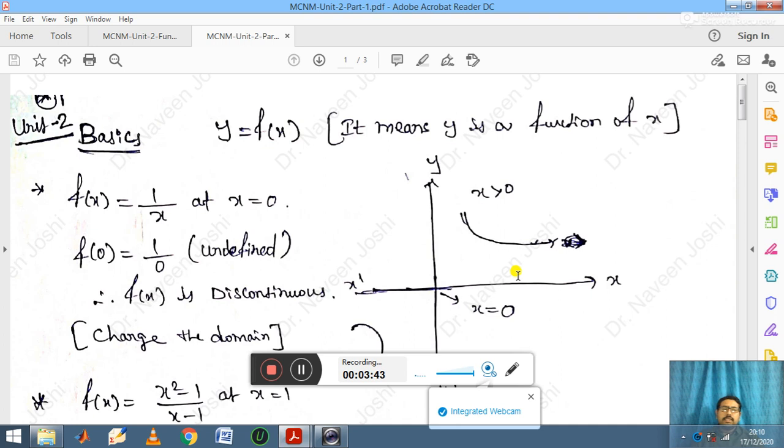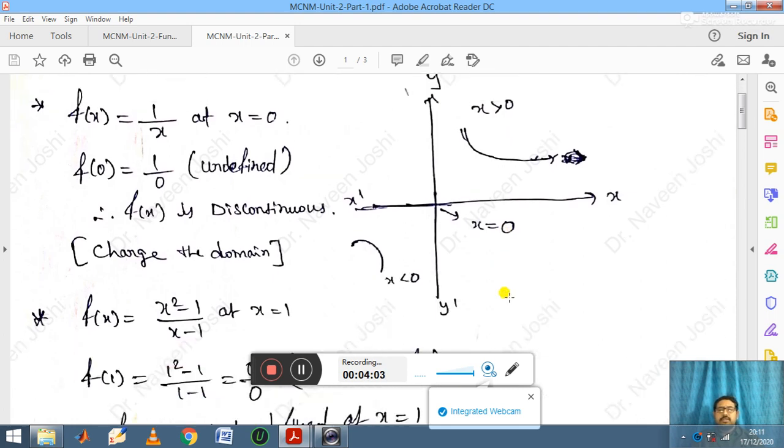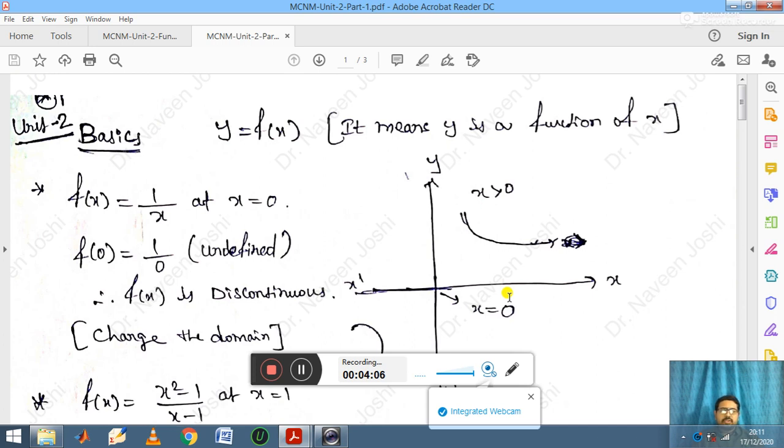But mathematically, how can we conclude that the function is continuous or not? It's very simple. You differentiate the given function one time. If its derivative is not equal to 0, then the function is said to be differentiable as well as continuous. Suppose you consider the function f of x equals x square. What is its first derivative? That is, f dash of x is 2x. 2x is not equal to 0. Hence we can say that the given function f of x equals x square is differentiable as well as continuous.